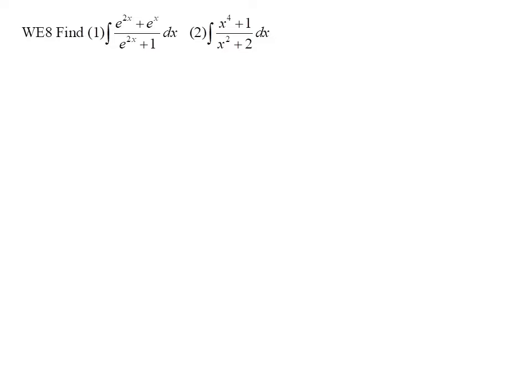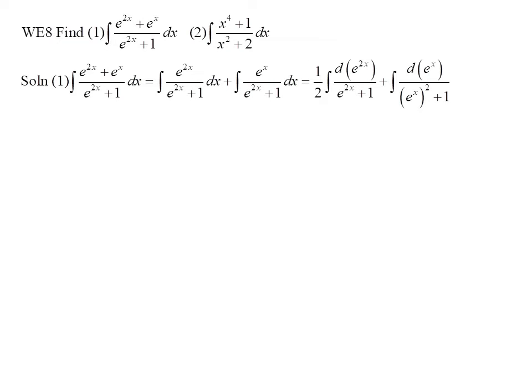Example 8 is to find two antiderivatives. As for the first one, the integrand function can be decomposed using the partial fraction technique. Hence, the antiderivative is written as the integral of e to the 2x over the sum of e to the 2x plus 1 dx plus the integral of e to the x over the sum of e to the 2x plus 1 dx,